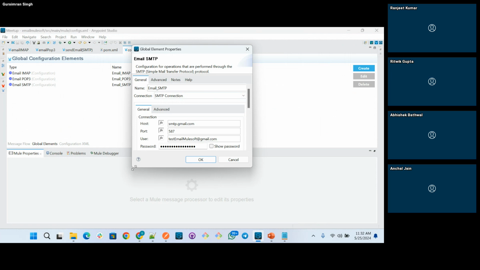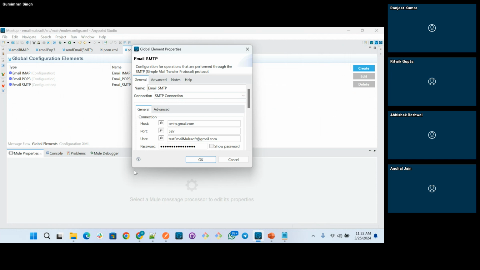Okay. So host is basically the host name of the server with which you are connecting. In case of Gmail, it will be smtp.gmail.com, and in case you are connected to Outlook, it will be smtp.office365.com.